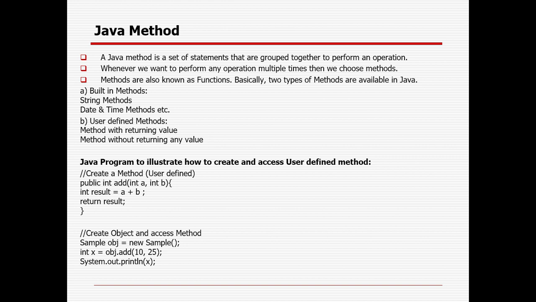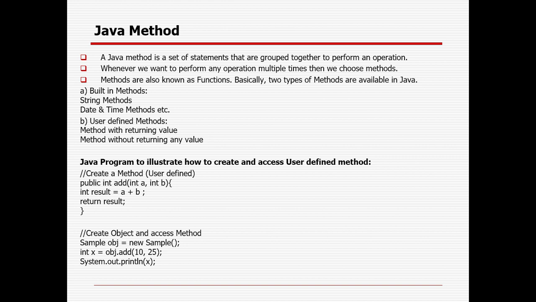Similarly, the importance of the method is that in case you are using something multiple times, you will write the code only one time, and you will call that method as and when required. So the main objective is that if you want to update the method, you will only update in one place instead of multiple places. That is the beauty of a method, or sometimes called a function.